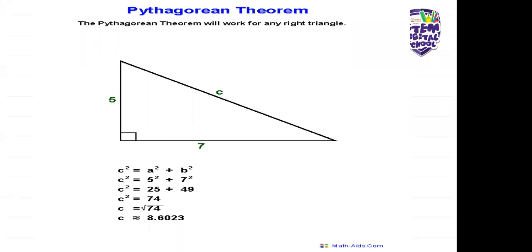And 7 squared is the same as 7 times 7, which is 49. And of course, if you add 25 and 49 together, you get 74. Therefore, to find C, you'll have C being the square root of 74. And the square root of 74 is approximately equal to 8,6023. So basically, this is how you find